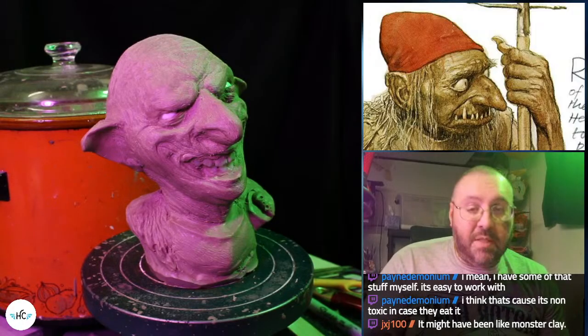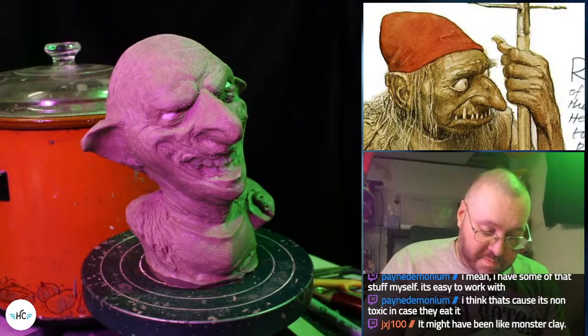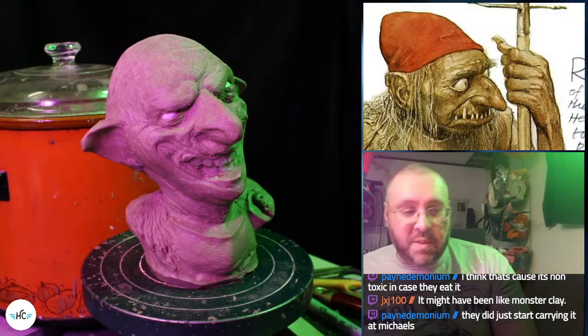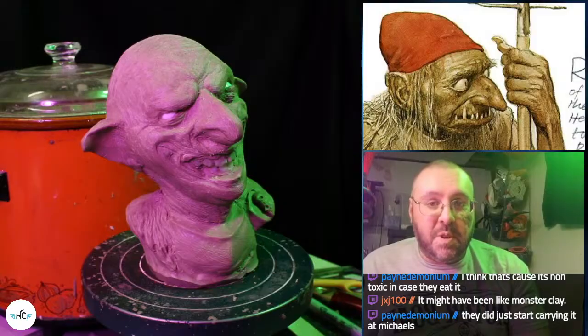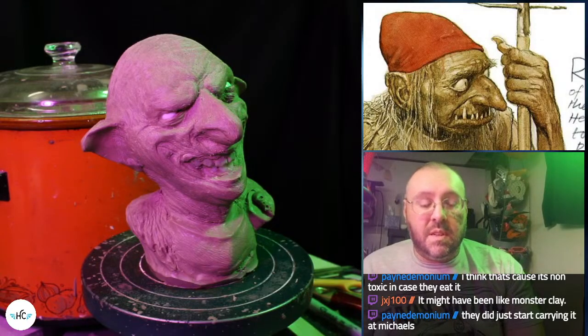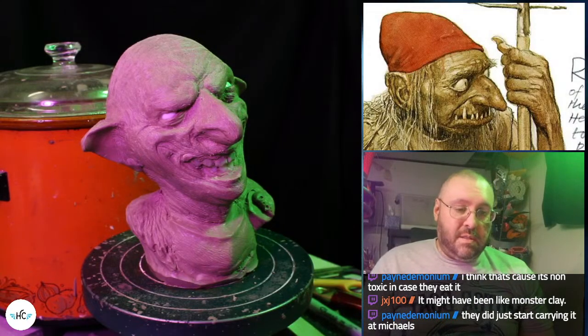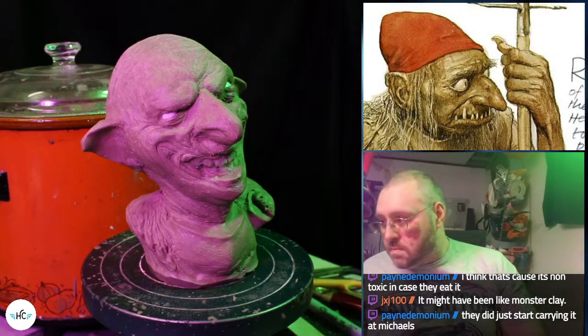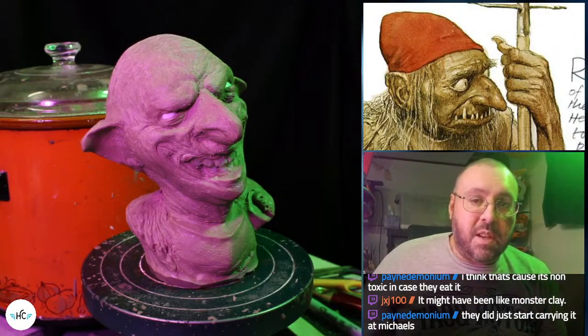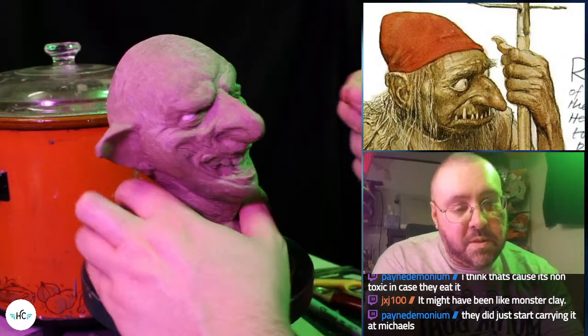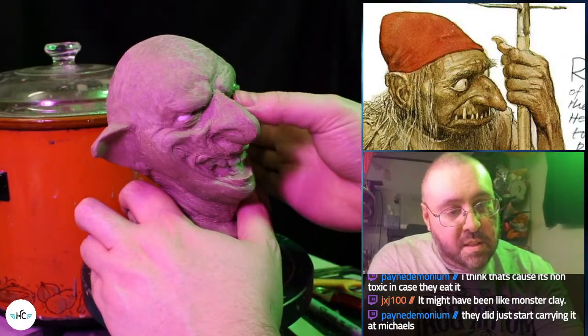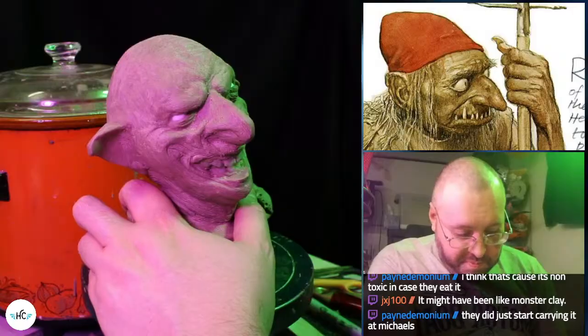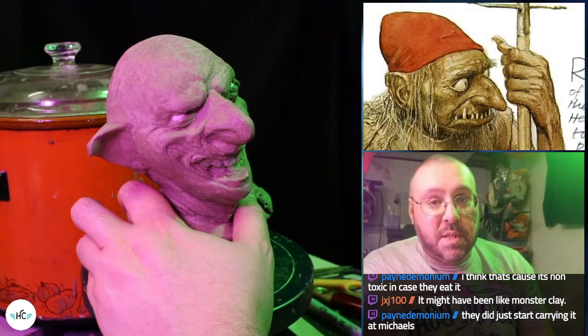But monster clay definitely shouldn't crumble over time. I've got sculptures that I've worked on, good God, probably well over a year old, sitting on the shelf that I just never got around to molding.